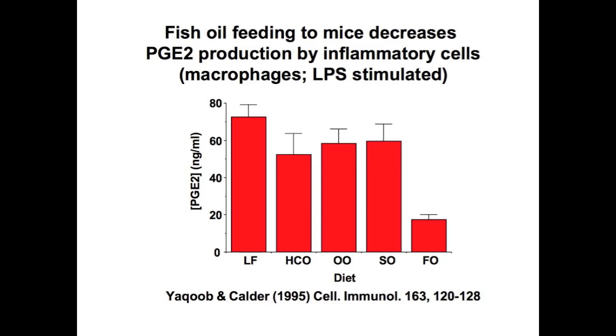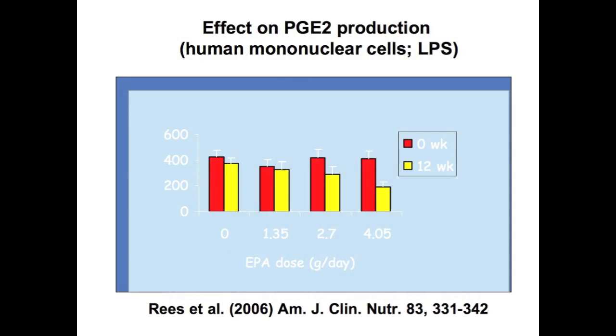This is mice, of course. You might say, well, show us some real animals. So this is a study in humans. This is a dose-finding study with a very eicosapentaenoic acid-rich material. We gave people placebo, 1.5, 2.5, or 4 grams of EPA per day for 3 months. We then took the white blood cells, we put them in a test tube, and we exposed them to this same agent that elicits this inflammatory explosion that I talked about before. Red is before supplementation, and yellow is after supplementation.